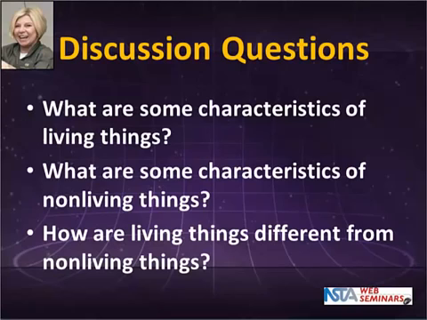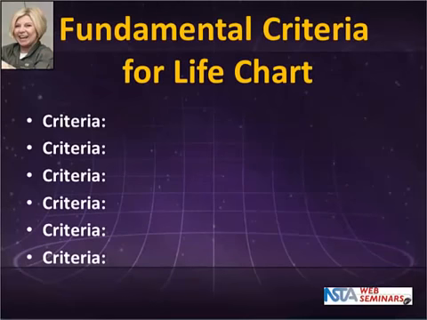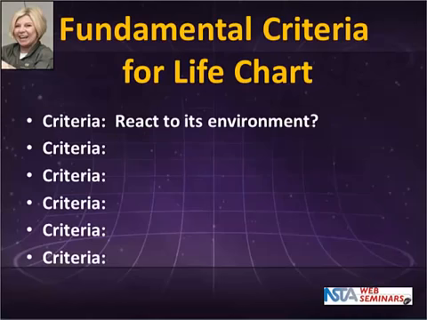And so the next thing that I would basically do is we would come up with a chart, something that looks like this, a fundamental criteria for life chart. Now, I have done this according to, I think, 6th, 7th, and 8th grade, and this is some of the criteria that we came up with for them and some of the wording. Again, you would probably adjust the wording. But a criteria could be, number one, react to its environment. And again, these are in no particular order. Must react to its environment,